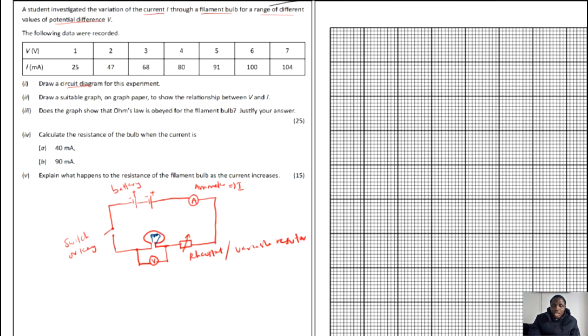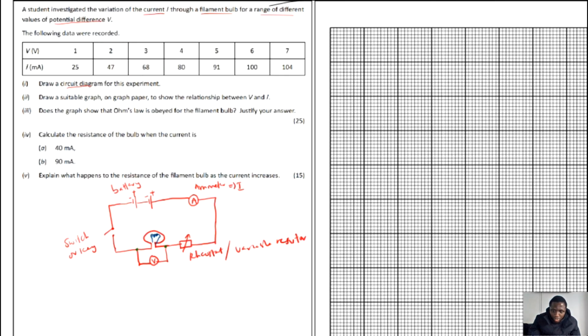So that's the circuit that we have to construct. But I want you to know something here, that the voltmeter here is connected in parallel. That is, they are in a T junction. Look at this. The wire that is coming from the left hand side of the filament, and the wire that is coming from the right hand side of the filament bulb is connected to the wire coming from the voltmeter, and to the wire coming from the